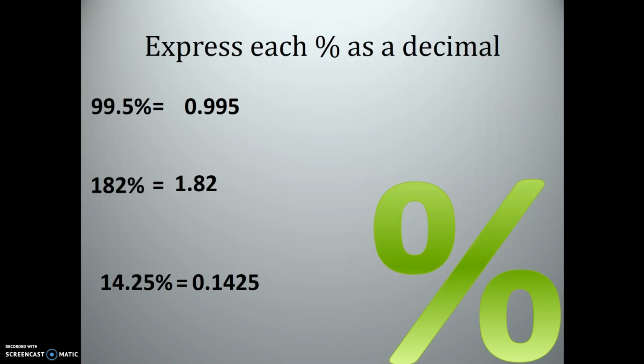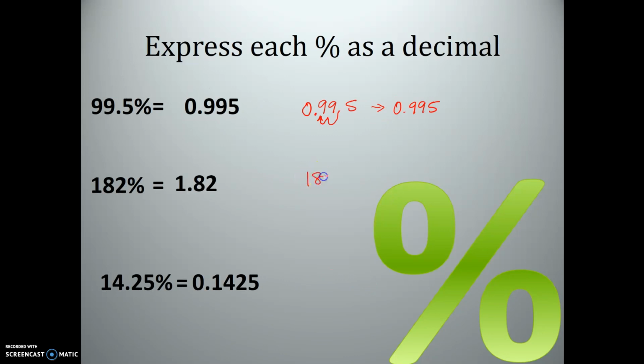Okay, there are some more for you. So do that on your own paper before you check your work. So 99.5%. We do the same thing. Let's see how we did that. There's my decimal place. I want to move it 2 places to the left. And I end up with, let's write that so it's a little bit clearer, but I end up with 995 thousandths,